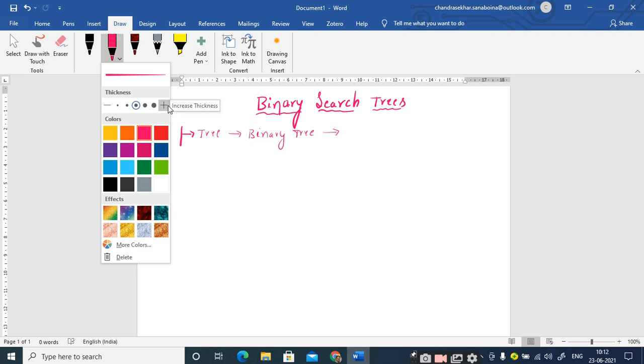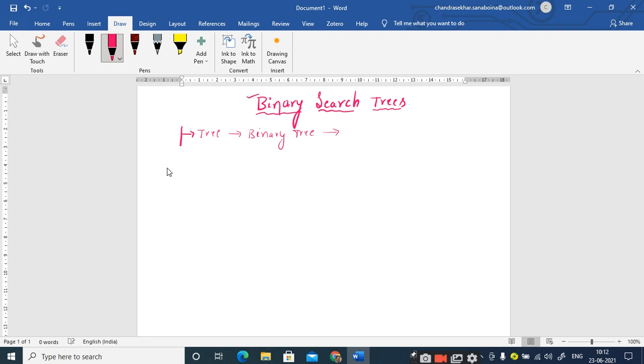So if you construct a binary tree in such a way that the search operation in this particular data structure is more efficient than arrays and linked lists, we call such types of trees binary search trees, right? I am not going with the definition. I am just telling why we need these binary search trees. I will come back again. First of all, let me tell you the definition, or what these binary search trees are.